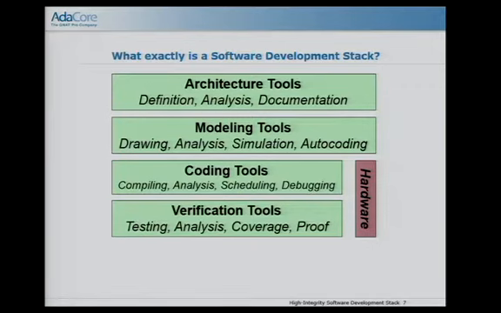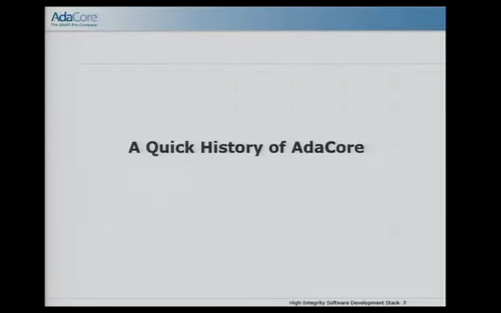So architecture, modeling, at that level, you might still be doing both software and hardware. And then I've shoved the hardware into the little tiny corner on the right, when all the interesting stuff these days is in software, of course. And then you've got the coding and the verification. We have been emphasizing verification more and more in our business, and I'll mention the tools that we now have. But that was already becoming a big part of our business, and modeling is now going to increase the level of the stack that we can support.